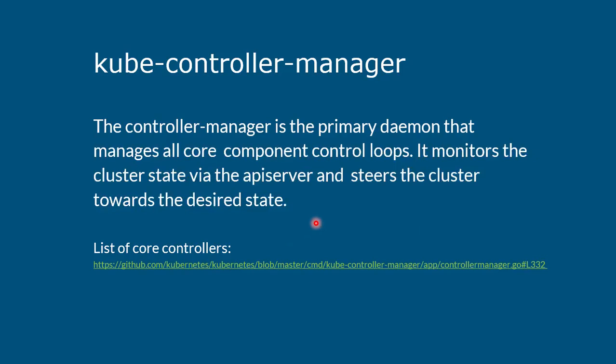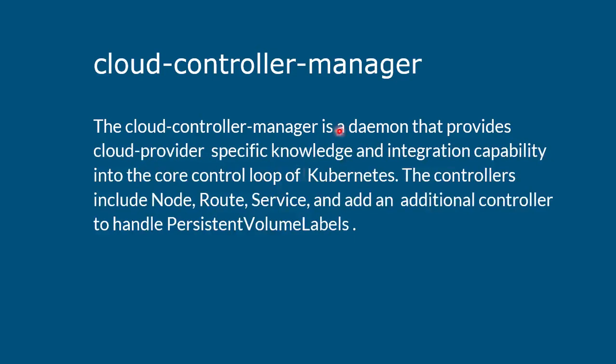So when it talks about a cluster here, if originally we configure three clustered state and one of those clusters goes offline, the state will be brought back to the desired state again, which is 3. So the API server will then spin up another or create another cluster to bring it back to the desired state. Cloud Controller Manager is that process that provides the cloud provider with specific knowledge and integration